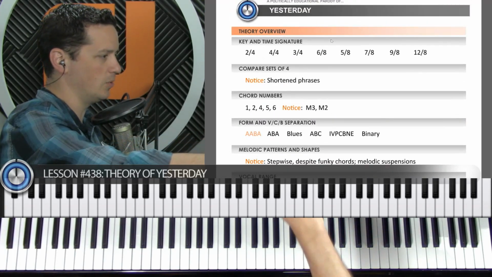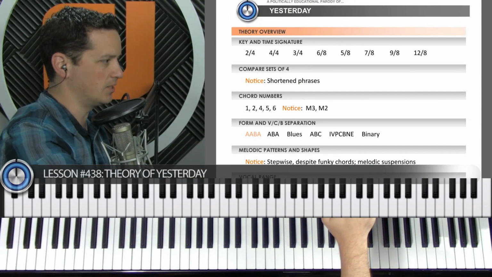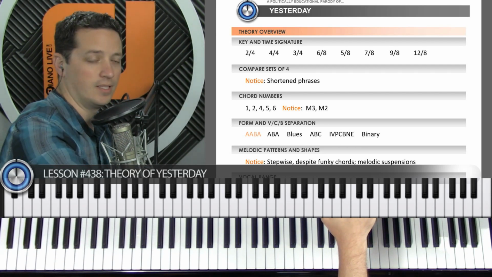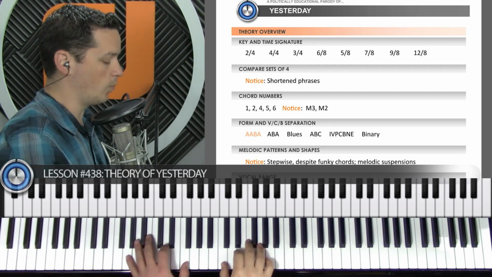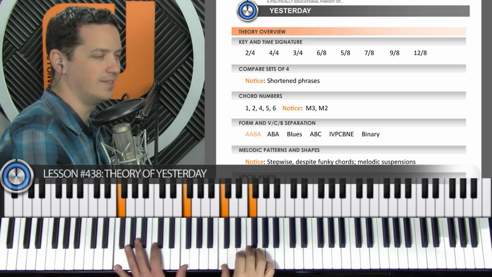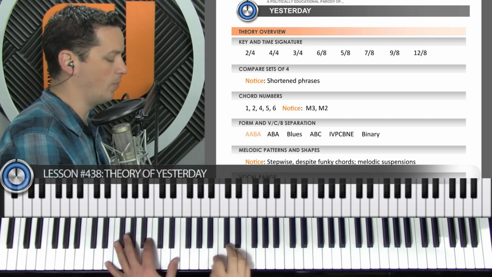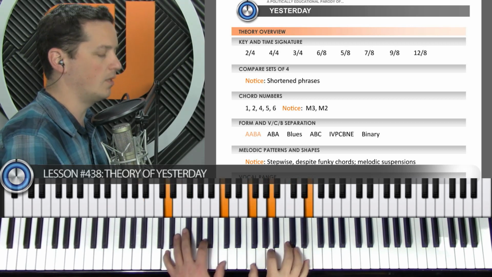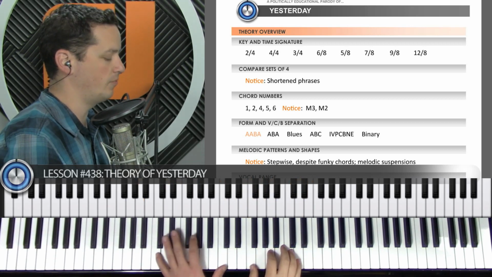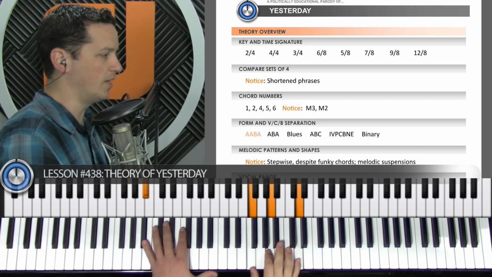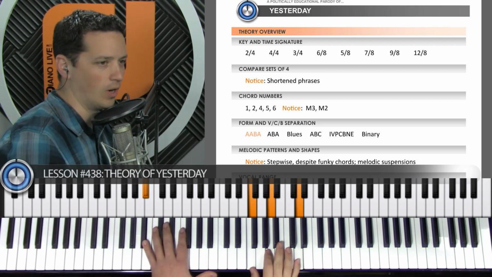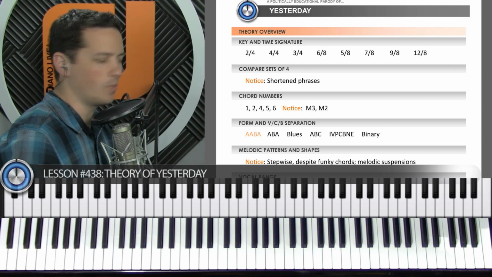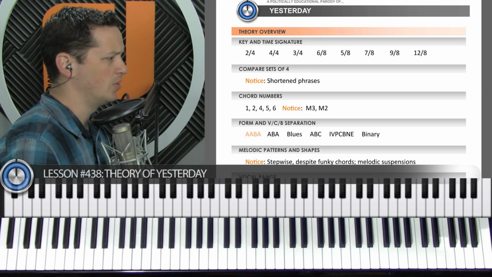And then we get into the interesting stuff, which is the theory of all of this and how it's all put together. So this is in 4/4: 1, 2, 3, 4, 1, 2, 3, 4, 1, 2, 3, 4, 1. So everything happens in sets of 4 versus other songs where it happens in sets of 3 or 6, like we've had actually somewhat recently.